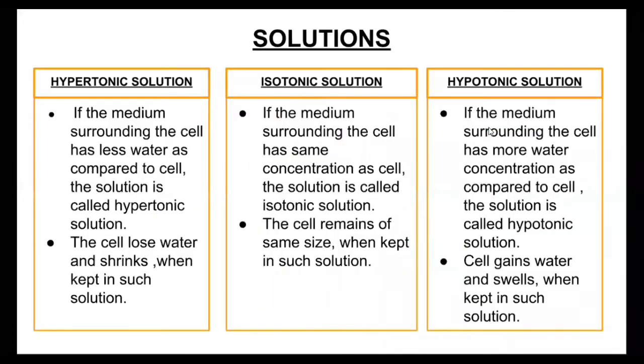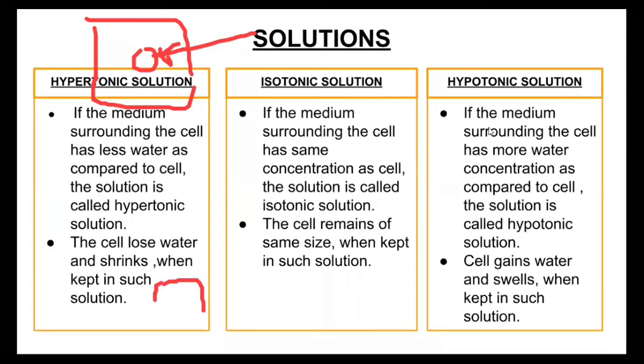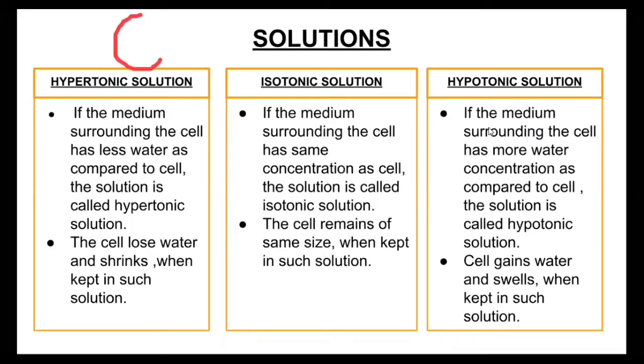Here comes the hypertonic, isotonic and hypotonic solution. Let's first of all see the hypertonic solution. If there is a cell, say for example this is the cell, and it is kept in a solution of sugar which has a very large amount of sugar, then what will happen? This cell will lose water and it will become small in size. So if the cell is of this size in the beginning, to keep it in hypertonic solution, it will become smaller, and this process is called